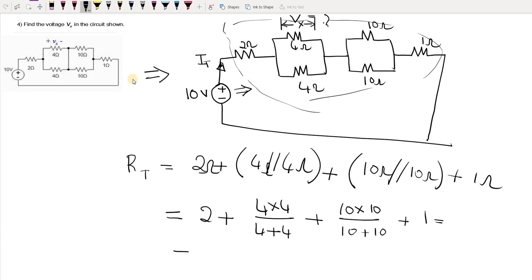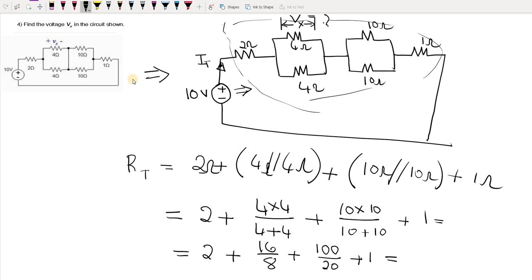So it is nothing but 2 plus 4 4s are 16, 16 by 4 plus 4, 8, plus 10 into 10, 100 by 10 plus 10, 20, plus 1 is equal to,